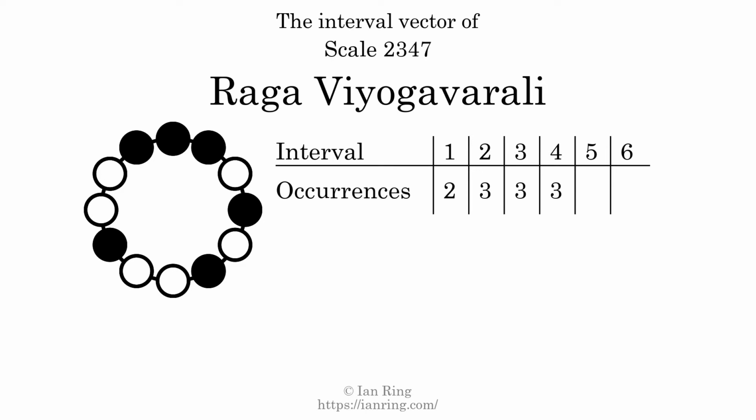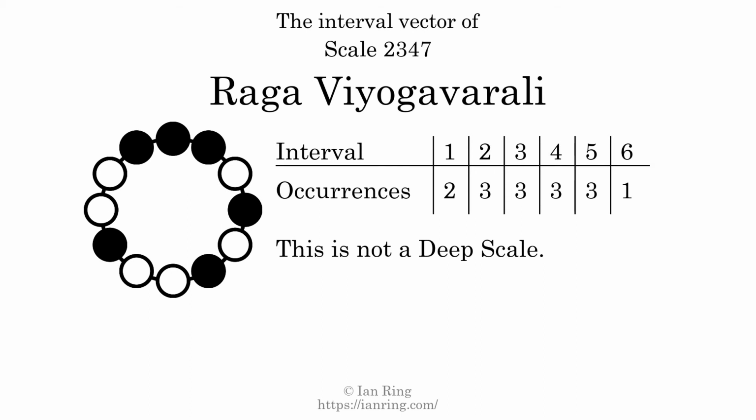There are 3 intervals with the size of 4 semitones. They are here, here, and here. There are 3 intervals with the size of 5 semitones. They are here, here, and here. There is 1 interval with a size of 6 semitones. It is here. Each interval does not appear in this scale a unique number of times, so this is not